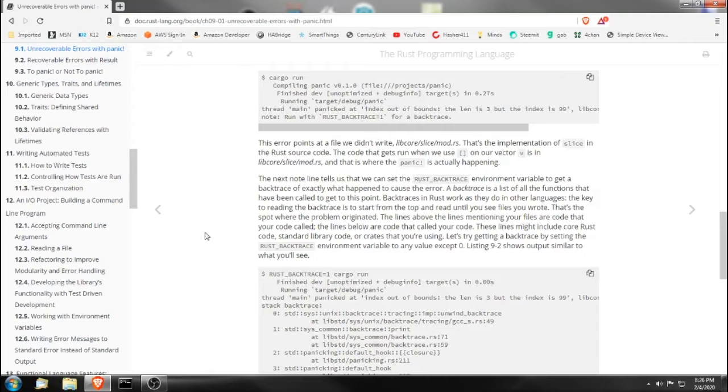A backtrace is a list of functions that have been called to get to this point. Backtraces in Rust work as they do in other languages. The key to reading the backtrace is to start from the top and read until you see files you wrote. That's the spot where the problem originated. The lines above the lines mentioning your files are code that your code called. The lines below are code that called your code. These lines might include core Rust code, standard library code, or